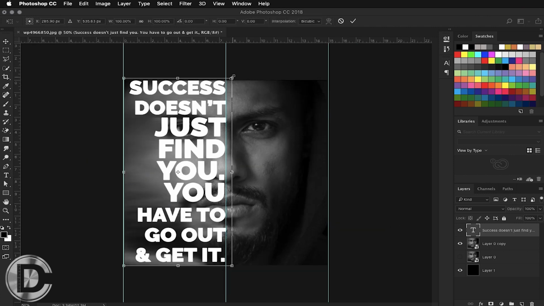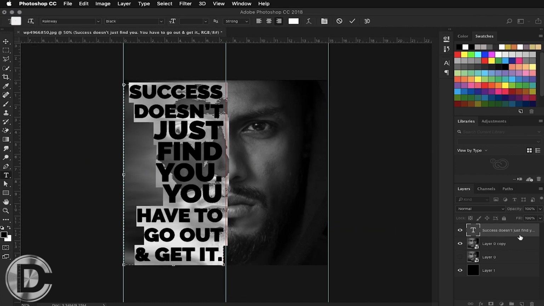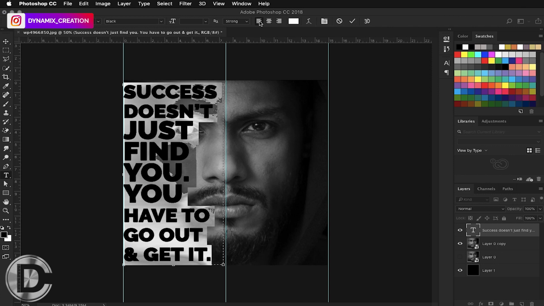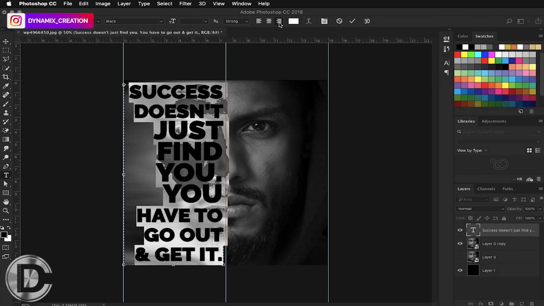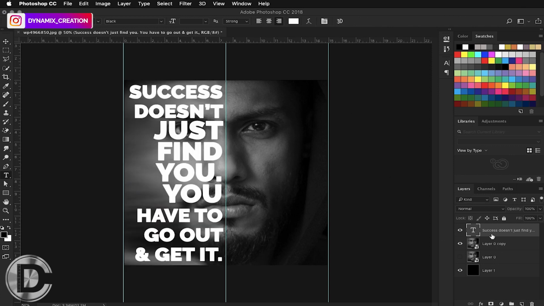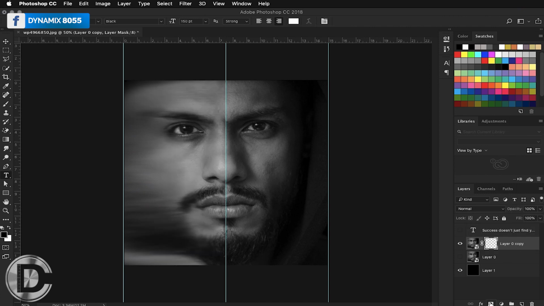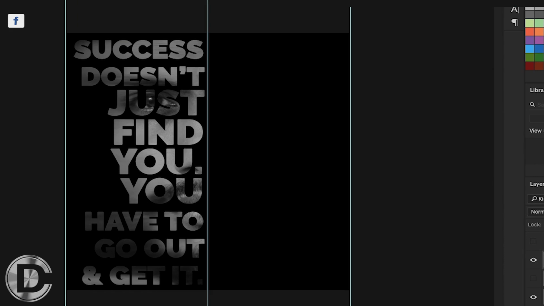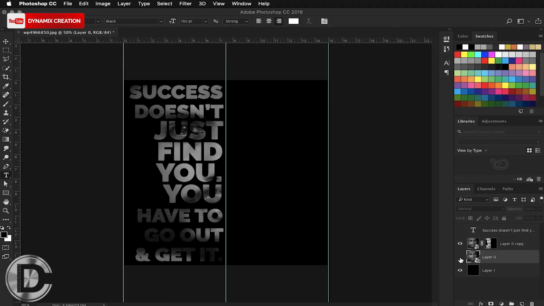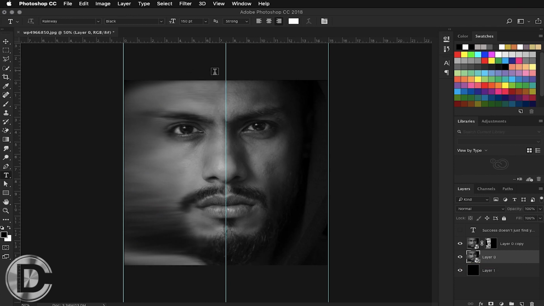After setting the text in the text box, all you have to do is press Command on Mac or Control in Windows and click the text layer to make the text selection. So here you can see the selection. Now turn off this text layer and go to the image layer which you have smudged and mask the layer with the selection. Now you can see in this effect there are some face details, but our right side part is hidden. You can just choose the layer which we duplicated earlier and mask the left side from that layer.